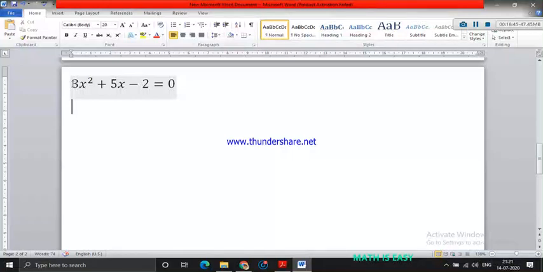Okay. So after this, from the first two terms, what can you take common? From the first two terms, 3x square plus 6x, I can take 3x common. What do you get if I take 3x common? Out of 3x square, you are taking 3x common, so you are left with x, plus out of 6x, you are taking 3x common, so 2 is going to be left out. Okay, you get x plus 2.